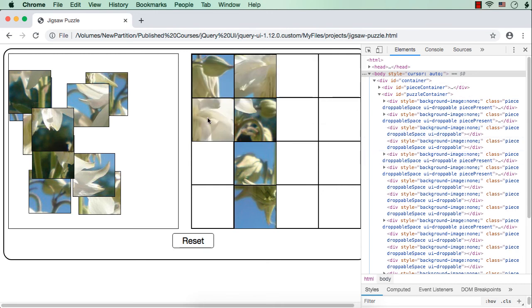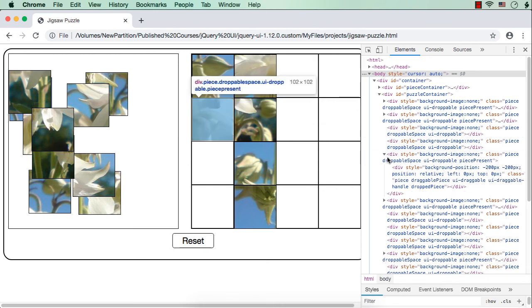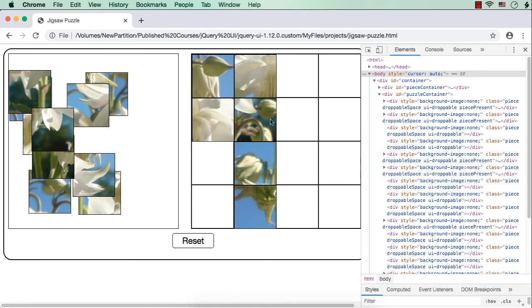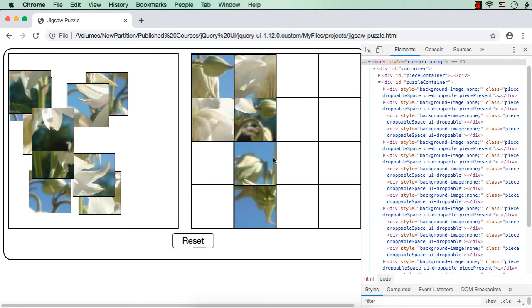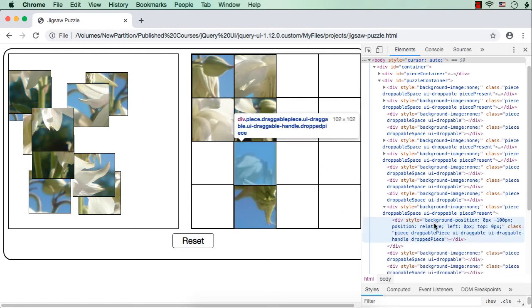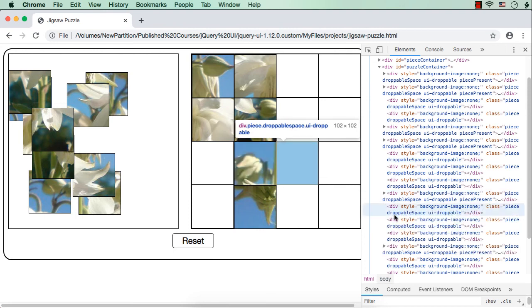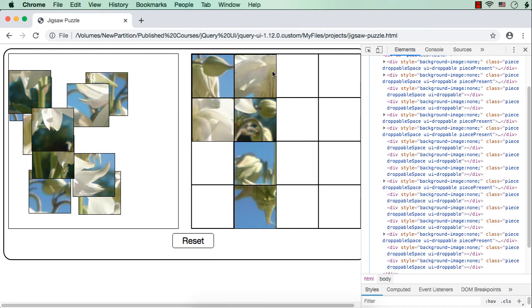Then for the fifth one it is there, see, another div element, that is the image piece, is appended to this space. Then for this as well it is there. Then for 1, 2, 3, we don't have any images as of now. Then again for this we have appended the image piece to the available div element. Like this we have appended some images which are being dropped.